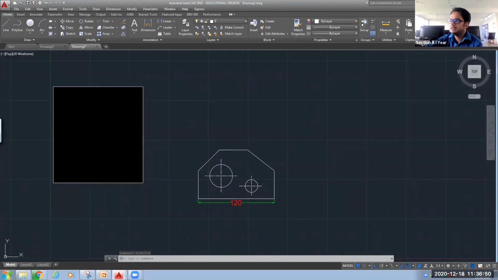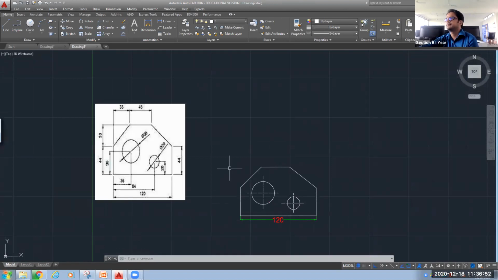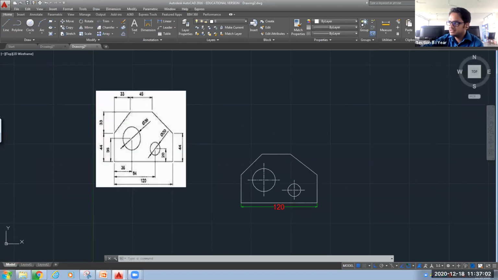Now likewise we will give all the dimensions. Now you can see here 120 is very downside, so that we can accommodate this 36 and 84. So we will bring this 120 to some lower level. Okay, so what we will do, we will left click on that 120 or your dimension line.